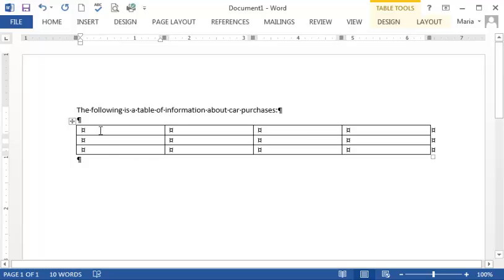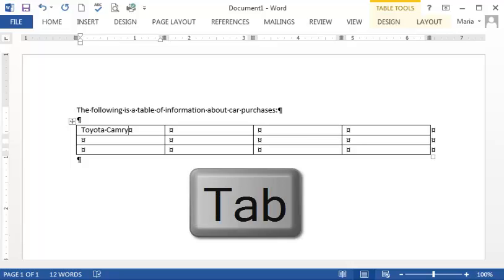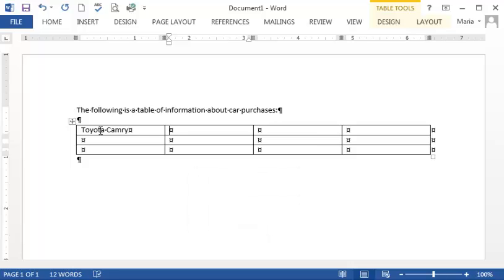You click in the first cell and type in the name of the car, let's say Toyota Camry. To go to the second cell, or to the cell to the right of the Toyota Camry cell, you simply hit the Tab key. In this cell I'm going to put the price. So I'll put in a $, 25, 3 zeros for $25,000. Then I'll tab over to the third column and I'll type in the color, red. Then I hit the tab again and I'll type in the type of transmission,